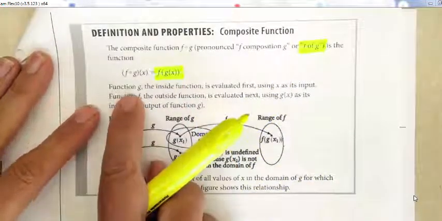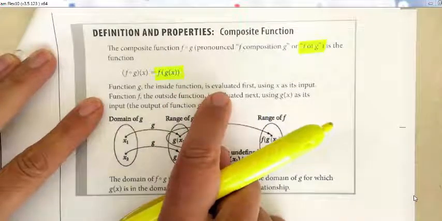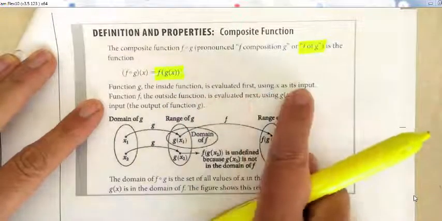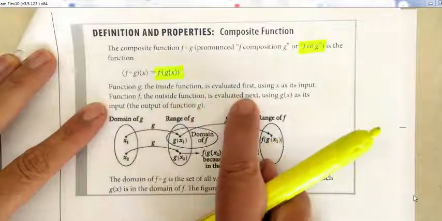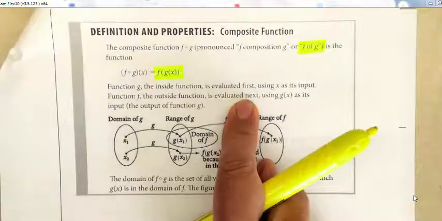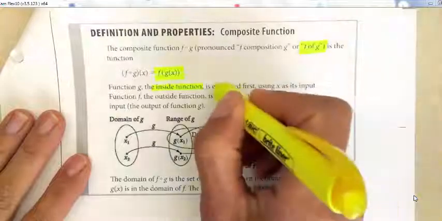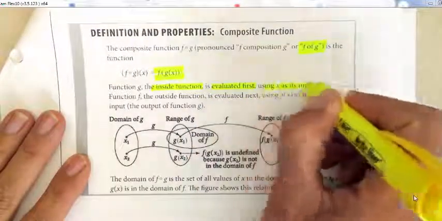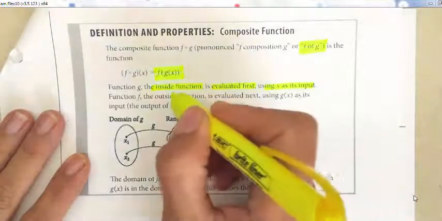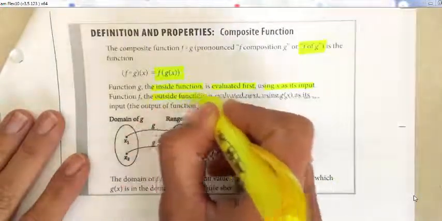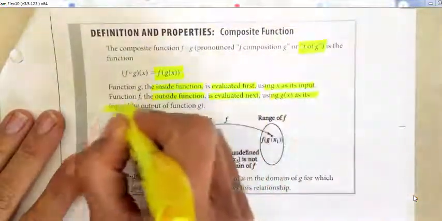And basically, function g is the inside function. So you're going to do that first, using x as its input. And then function f is the outside function, and you evaluate that next. And you saw us doing that in several examples. But so you start with the inside function, you evaluate it first using x as the input. Then you move to the outside function. So you basically take that outside function, you evaluate it next, and g of x is the input, which is